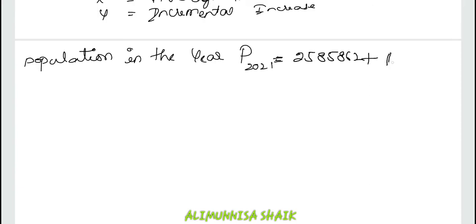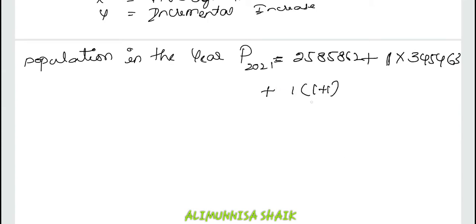So 1 decade, I am taking it as 1 into, your X value will be the average value 345463. It is 345463 plus, I am continuing it from here, plus